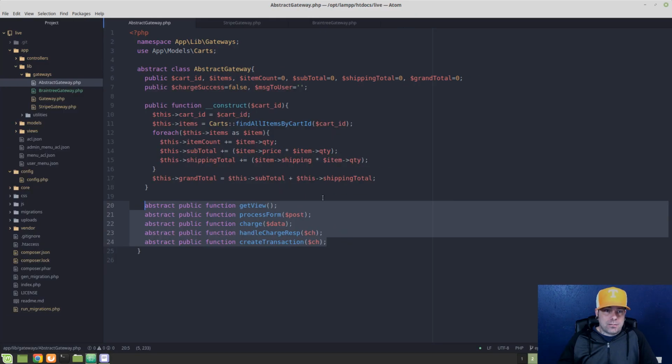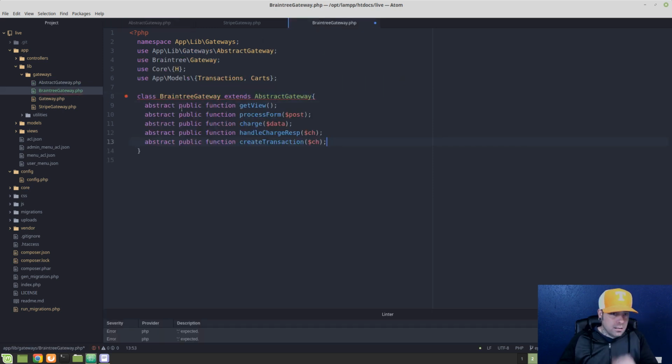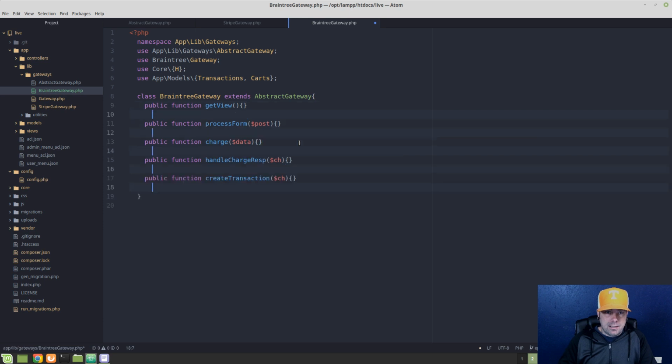So let's go ahead now, and I'm going to show you how to fix that error. We're just going to copy all of these abstract methods right here, and we'll go to the Braintree gateway class, and let's paste those in. All I'm going to have to do here is define them, even if they don't do anything. Then we'll come over here, get rid of these semicolons, and do that. So now we've defined all of these methods. They don't do anything yet, they will, but we've defined all of these methods here,